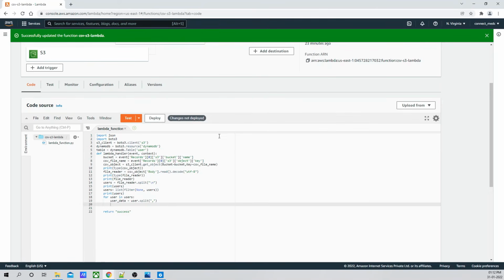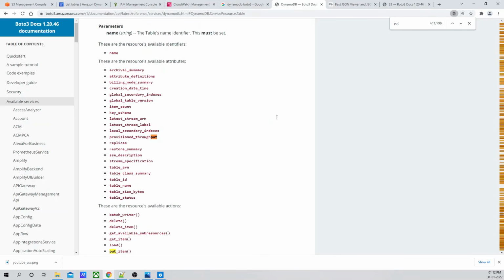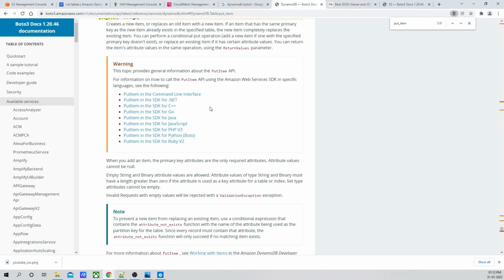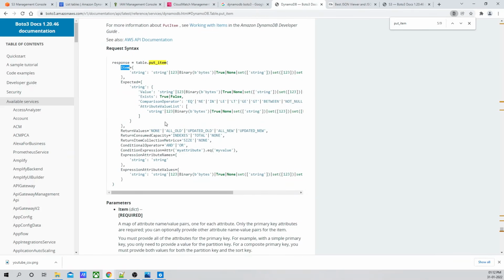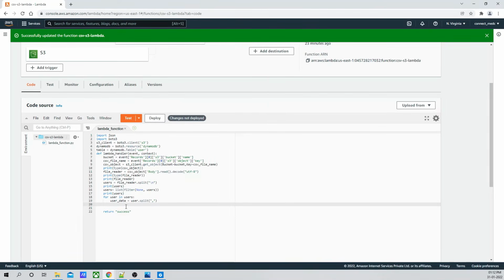Now what we are going to do is we have to put item, put underscore item. We are going to use this method. For using this method we have to pass the item values over here, which is required. So let's go back to our code. In this code I am going to use table dot put underscore item. Now in item, I will use Item is equal to,